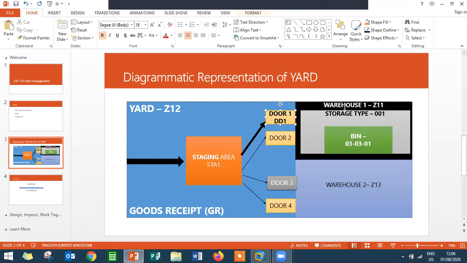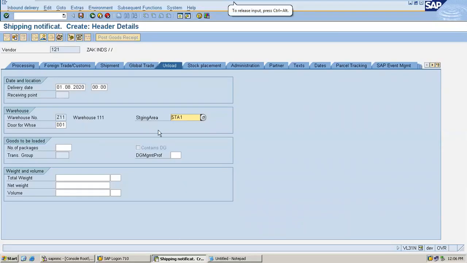I'm going to place it in the warehouse, inside the storage type 001, and I'm going to place it in the bin 03-03-01. So now I have assigned door DD1 and staging area STA1. Now save it.